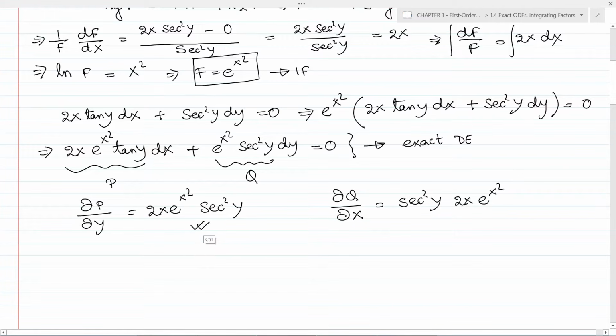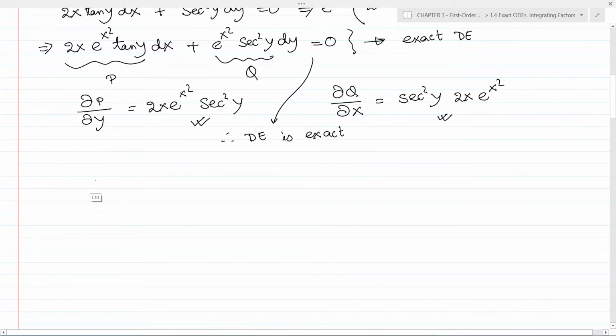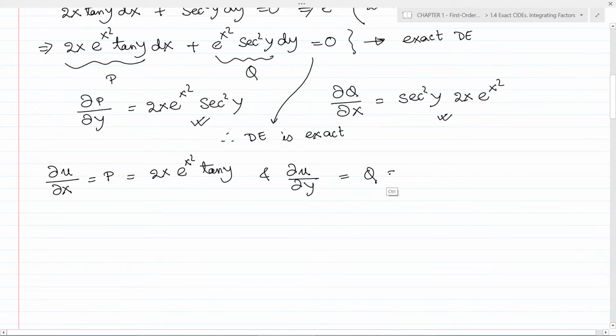So we see that del P by del y equal to del Q by del x. So therefore the differential equation, this one is exact. Now all we have to do is find a u such that del u by del x equal to P, which is equal to 2x e to the power x square tan y, and for that same u, del u by del y will be equal to Q, which is equal to e to the power x square